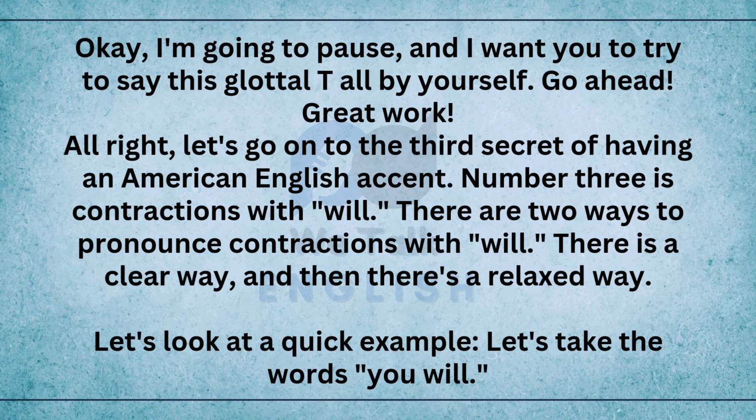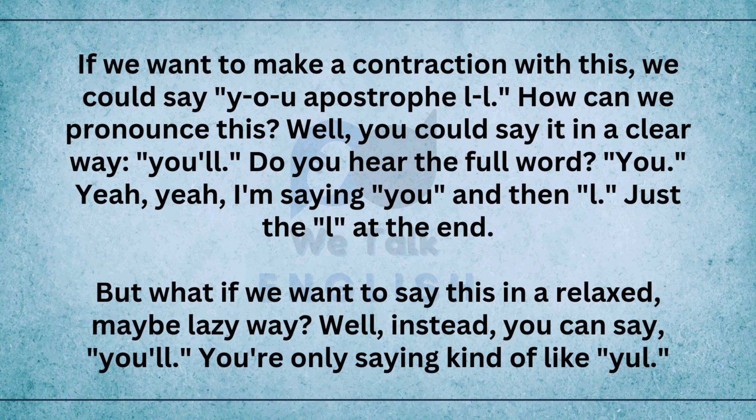All right. Let's go on to the third secret of having an American English accent. Number 3 is contractions with will. There are two ways to pronounce contractions with will. There is a clear way, and then there's a relaxed way. Let's look at a quick example. Let's take the words, you will. If we want to make a contraction with this, we could say,